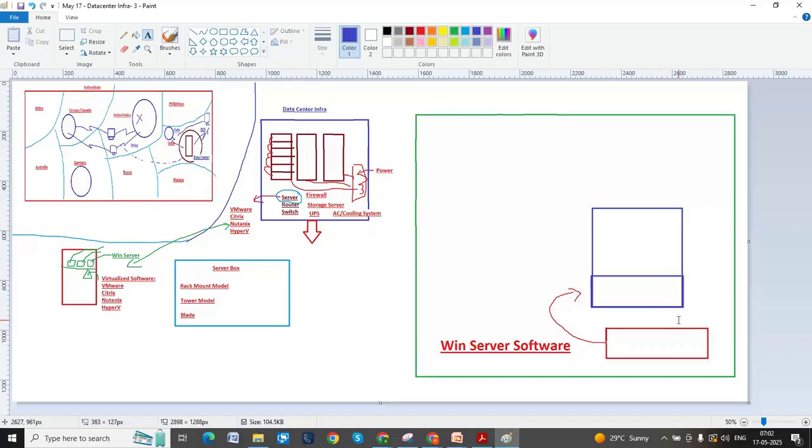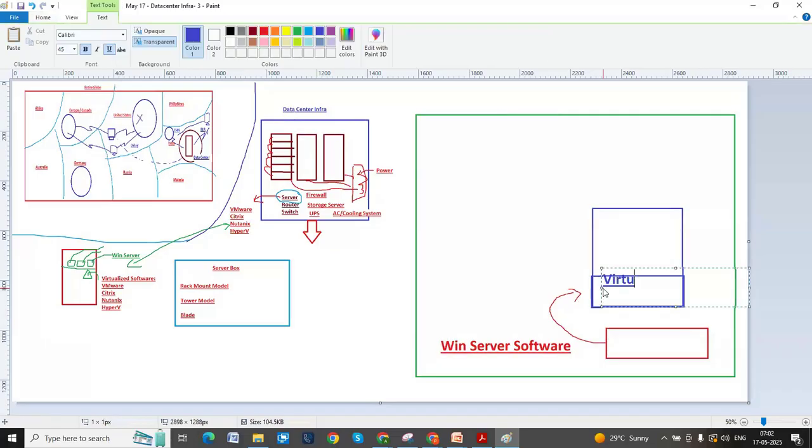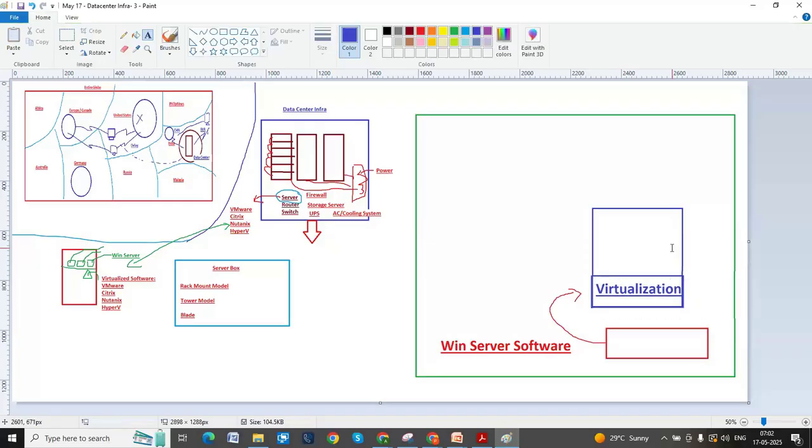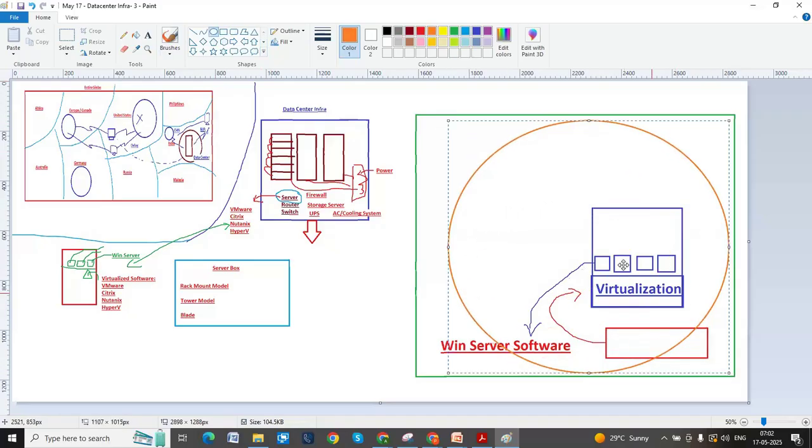here you will find virtualization software. It may be any among those. On the virtualization machines, you will have small virtual machines. These virtual machines may be your Windows Server, or your Unix or Linux. And this physical server is